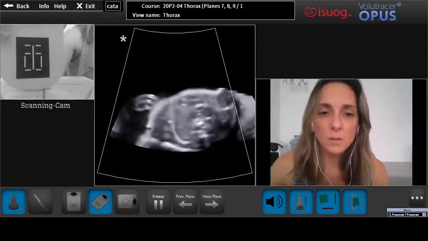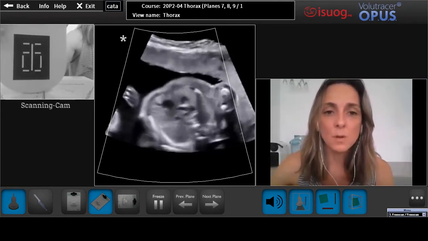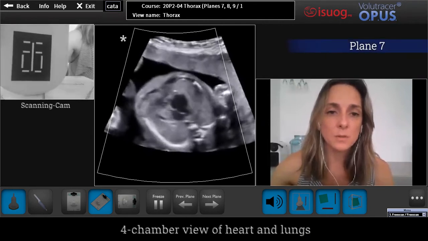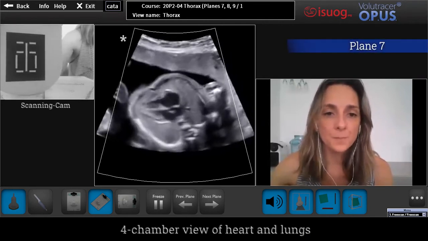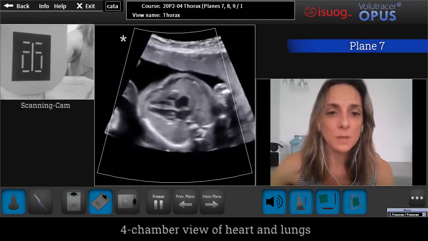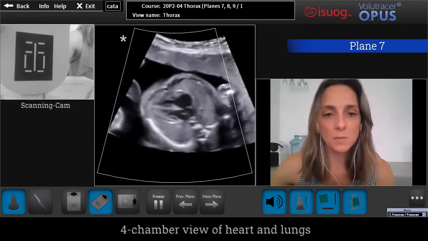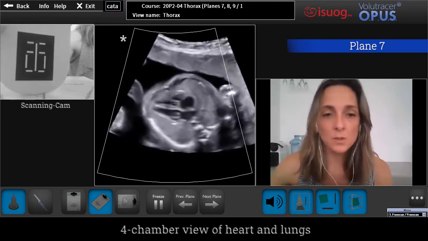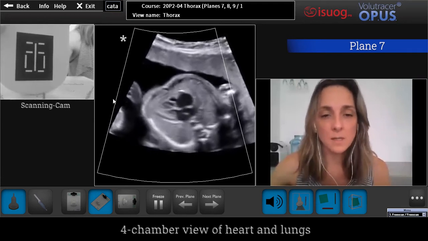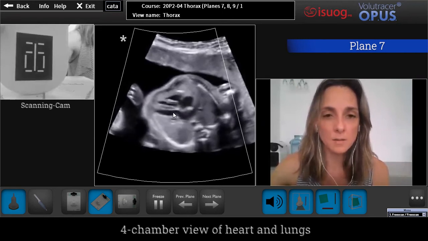So now that we are done with the fetal head, we move on to the fetal heart. And to do so, in this transverse way we're doing, we find here a nice 4-chamber view of the heart, and that would be plane number 7, in which you have to assess that the size of the heart is about 1/3 of the whole thorax, and it's normal